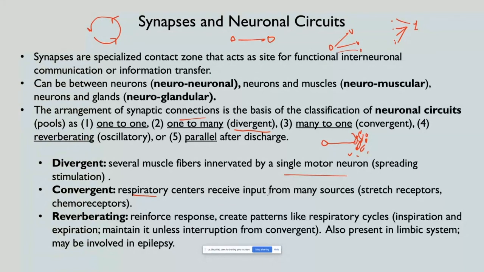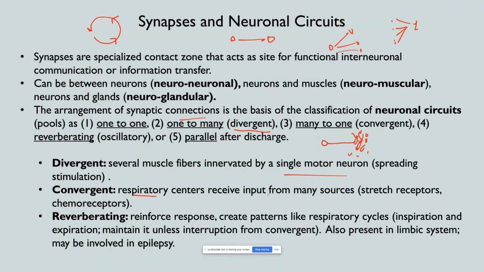Okay, let's say we are sleeping and everything is fine, and our brain decides, okay, the respiratory rate is going to be 10 per minute. You don't need to have the respiratory center sending signals so you breathe 10 times per minute. It simply sends a signal that is going to be reinforced by a circuit, and automatically it's going to keep our respiratory rate, unless something happens. We are sleeping and then suddenly there is an explosion. Oh my goodness, that's going to be interrupted and we are going to start breathing faster. Okay, that can be interrupted.